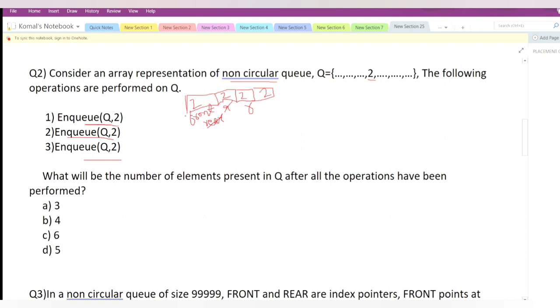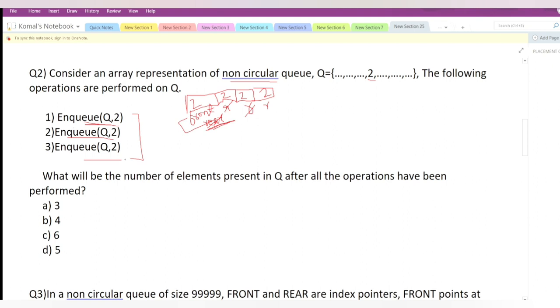Understand this concept of front and rear. I am doing NQ from the rear, because most of the questions in Capgemini DSA, suppose if there are 10 questions, 5 questions are from queue only. So just know the basics that there are two pointers in a queue, front and rear, and NQ is the operation which is done from the rear end. So we add the elements from the end in the queue. So now our rear will be this. So this is the queue after doing these operations.